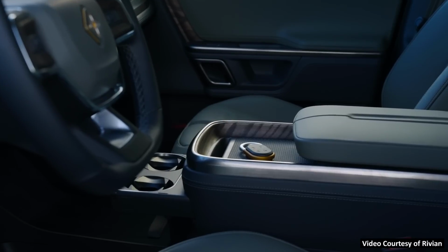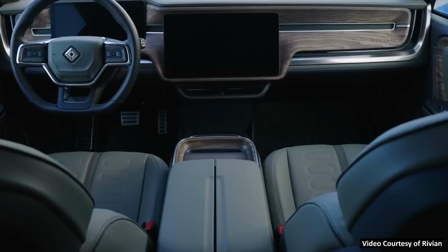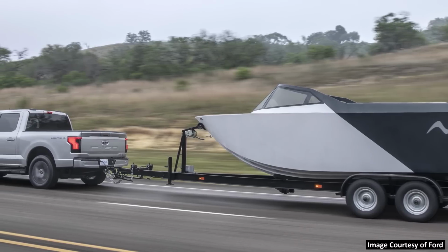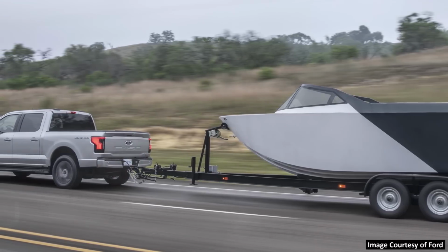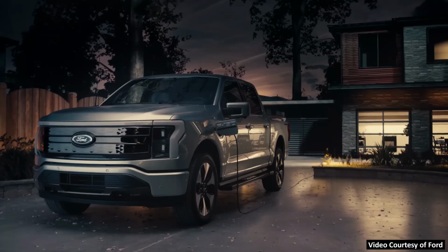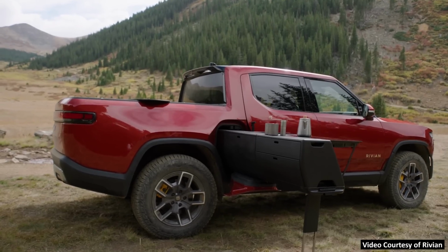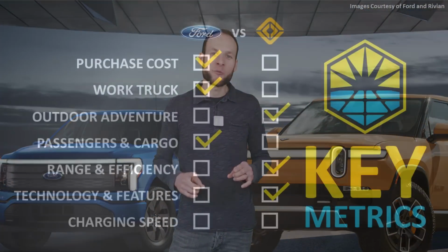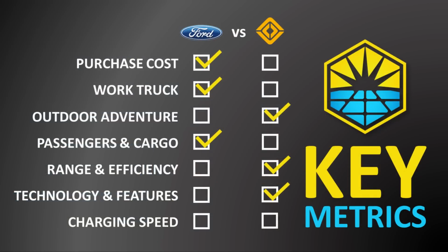Well, this particular category was really close, and it was really difficult to pick a clear winner. I really like the smart trailering and onboard scale features of the F-150 Lightning, and the available 240 volt outlet and the upgraded 9.6 kilowatts of peak power, plus the vehicle-to-home capabilities. However, at the end of the day, the exclusive Rivian R1T features actually fit better into what I would like to get out of a truck. So, in my personal opinion, I went ahead and gave the Rivian R1T the win when it comes to technology